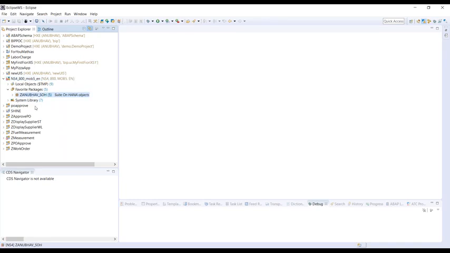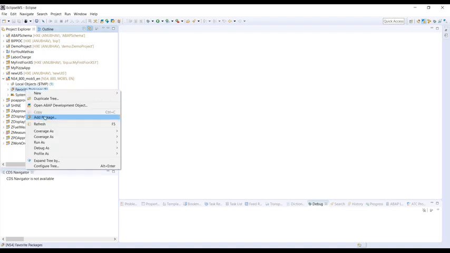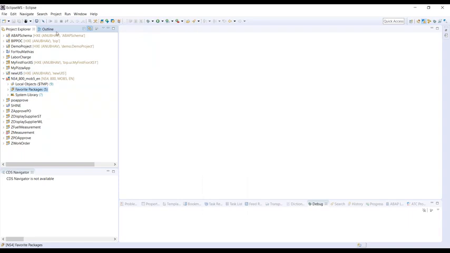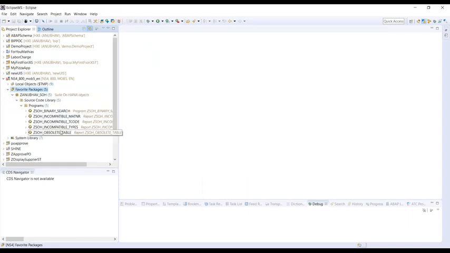Now in this, you can see here we have a package. This is the same package I've already added in my ADT as a favorite package. You also can do that. Right click on this and say add package, and just choose your package. So my package is Z Anubhav SOH. And those who are not using my server, don't worry, I will upload these reports as text files for all of you. You can copy these programs into your respective systems and perform the same exercise which I'm showing you here. So I've got my 5 to 6 programs which I'm not sure whether they are compatible.